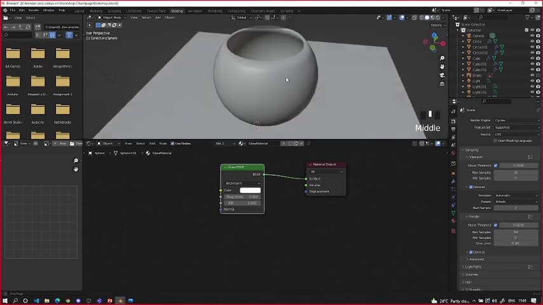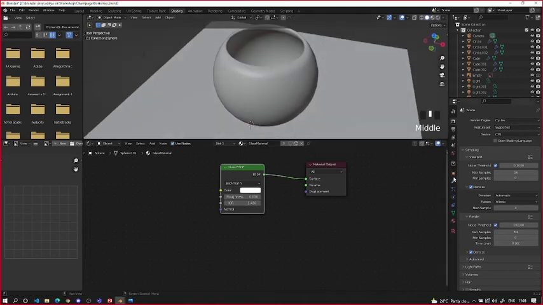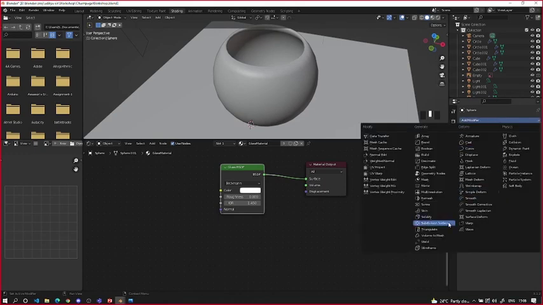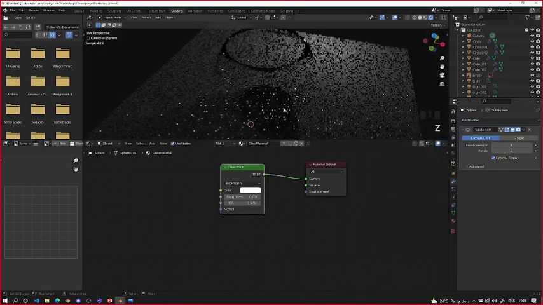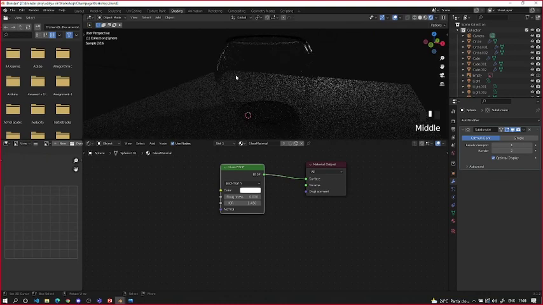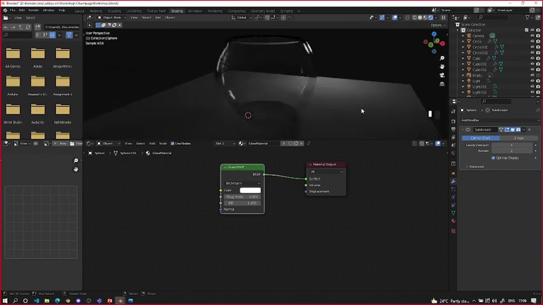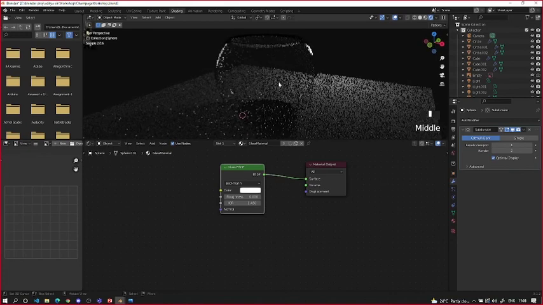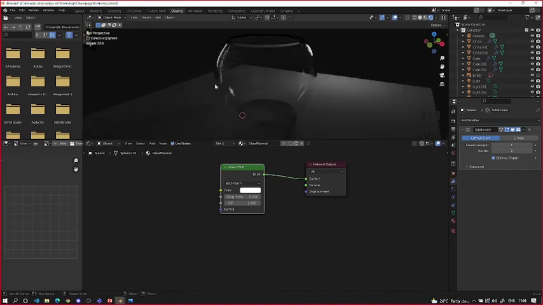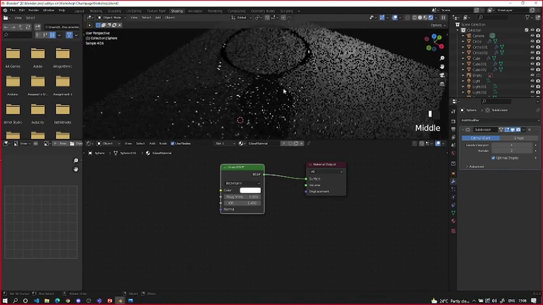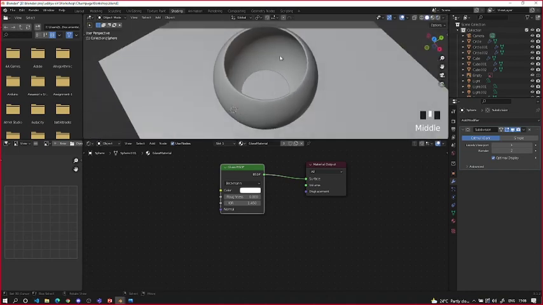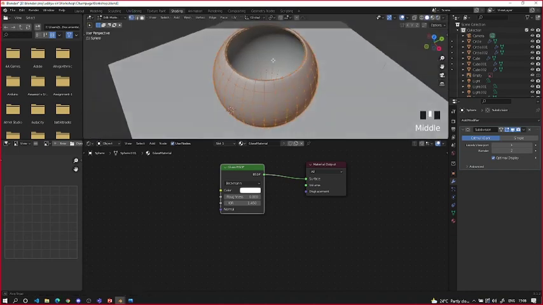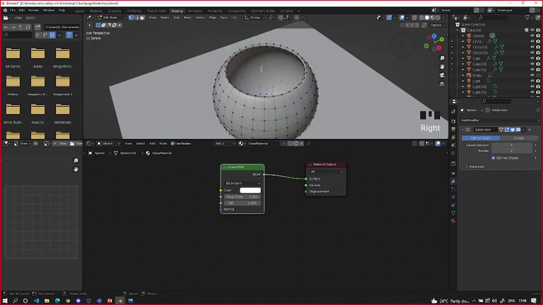Wait, I think we also need to add a little bit of a subdivision surface modifier, and yes, so it looks pretty correct. You can see the plane behind the sphere, and it doesn't look like a glass ball. It looks hollow inside, right? But if I remove the inside layer,